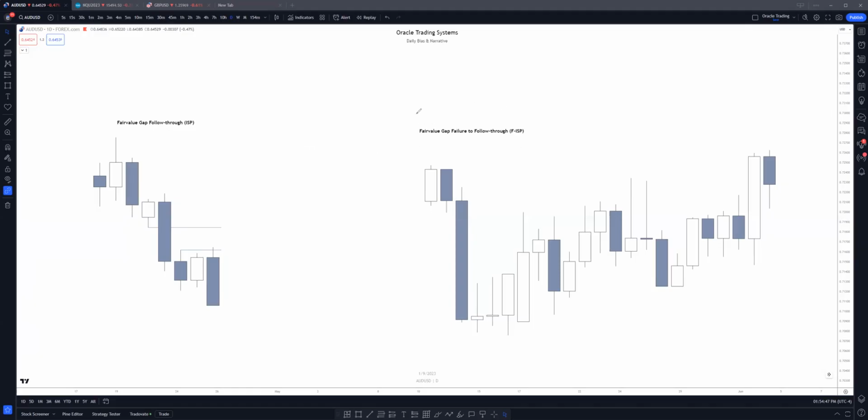The next thing is FVG failures, failure to follow through on its intended direction. We call this a failed ISP because it's a failure to produce. This is not a failure to produce, a successful production of an ISP is when we break that low. In this case here, we can see that price has tapped into this FVG once, pushed down, swept the low, pushed up very bullish, closed above the previous day's high after the sweep into the FVG. So this FVG has already produced a reaction to push us down here. Then this candle pushes up, creates another bullish candle,